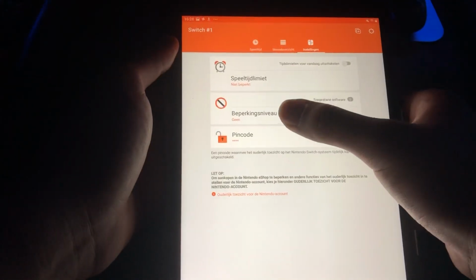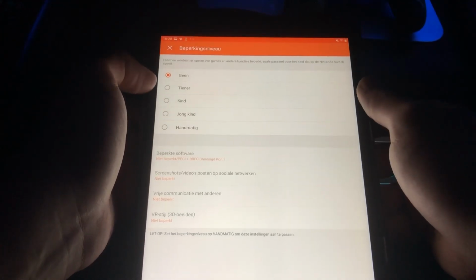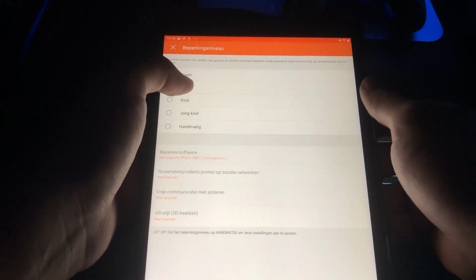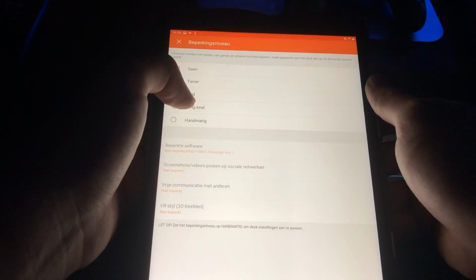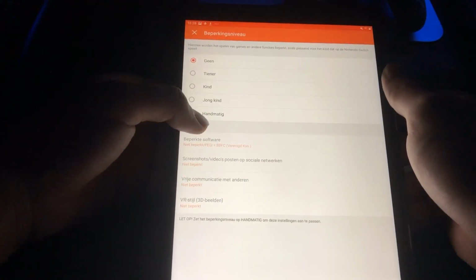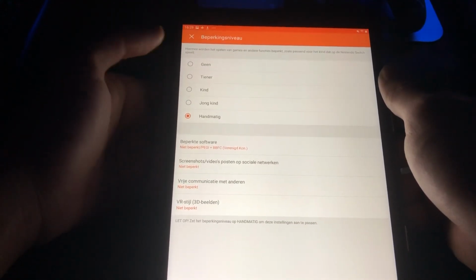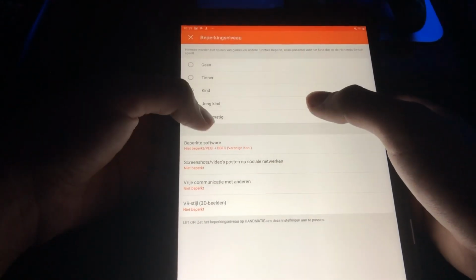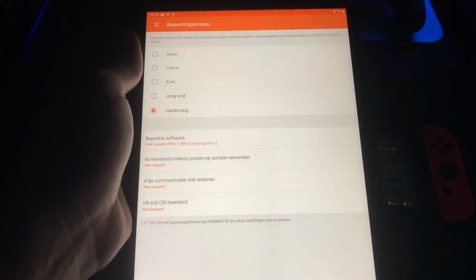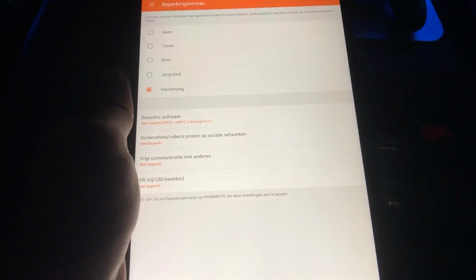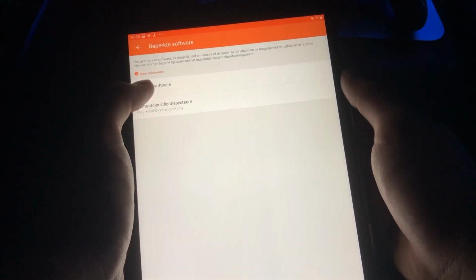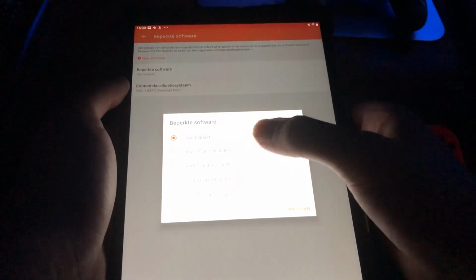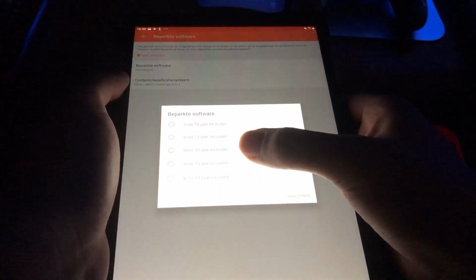Now we can do age restriction, and you can choose a teen, a kid, a young kid, and you can choose custom. Once we choose custom, we can choose what we want, things like that. So once we go on here, we can age restrict everything. For example, if we press on here, now you can choose how old your kid must be to play.